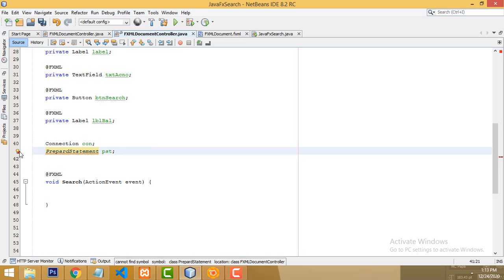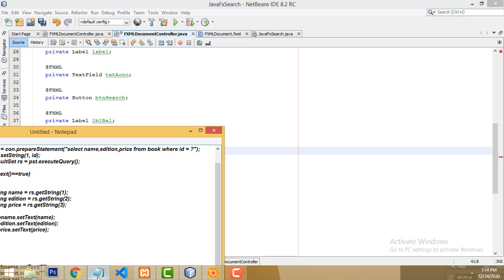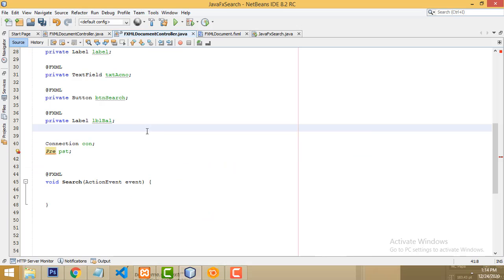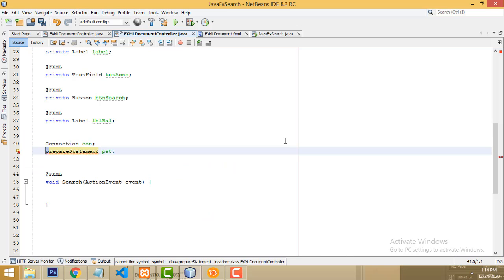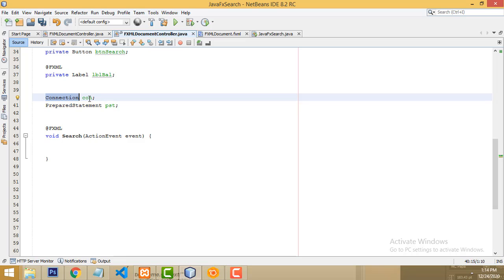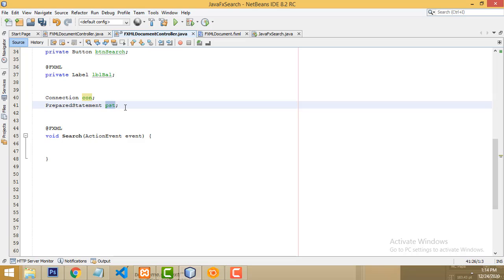What is wrong here? Right. Okay, PreparedStatement, what's wrong? I just copy this one. Make sure this one has PreparedStatement. PreparedStatement, right. The D is missing, that's the problem, right? PreparedStatement, right. Okay, now what I am going to say, we have to add the connection, we have created the connection object and PreparedStatement object.